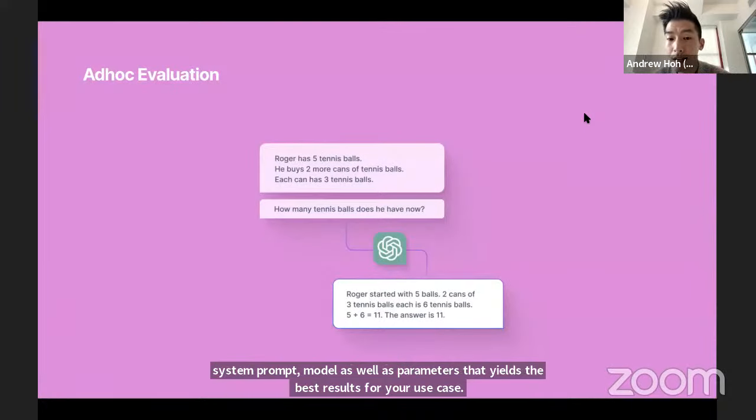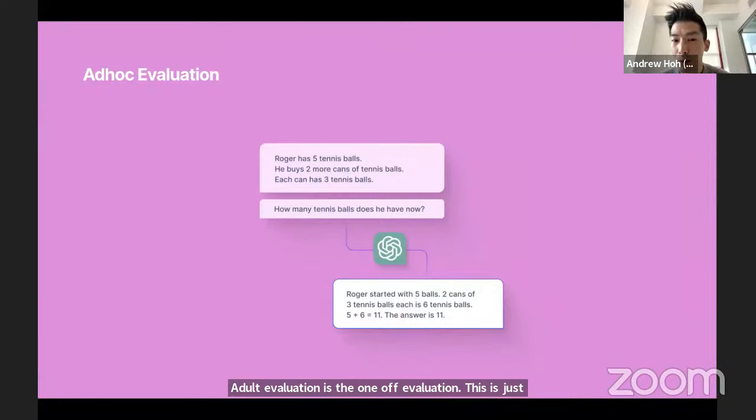Ad hoc evaluation is the one-off evaluation. This is just from the OpenAI one. So this one we're able to run through and evaluate quite easily, but the input can be: Roger has 5 tennis balls, he buys 2 more cans of tennis balls, each can has 3 tennis balls. For all of us, we should be able to say that, oh, this is 11, because it's a little bit tricky because there's numbers in there and it's 2 cans with 3 tennis balls each, so it's 6, and then it's 11 total. Models will have a harder time figuring this out on the evaluation because it's a bit convoluted